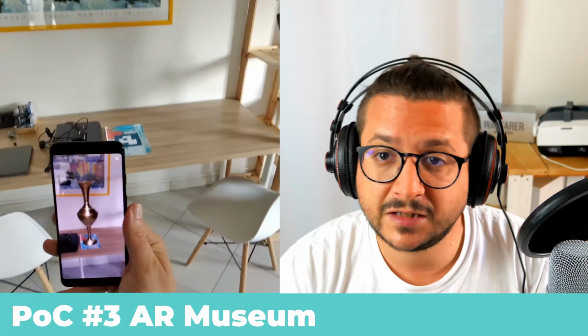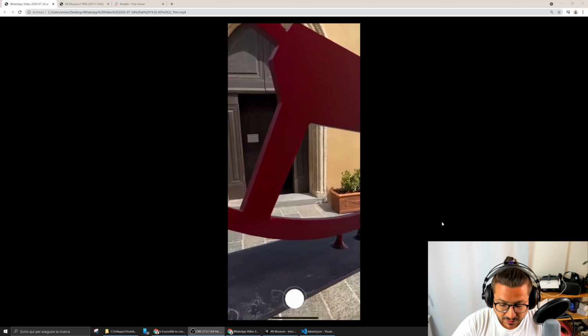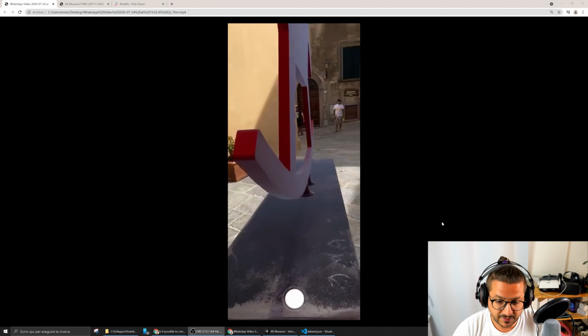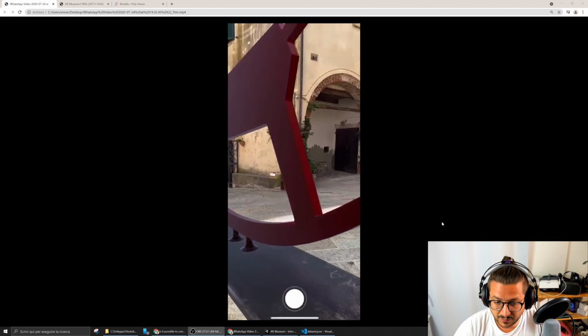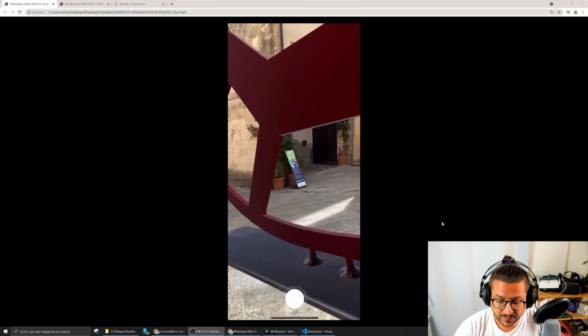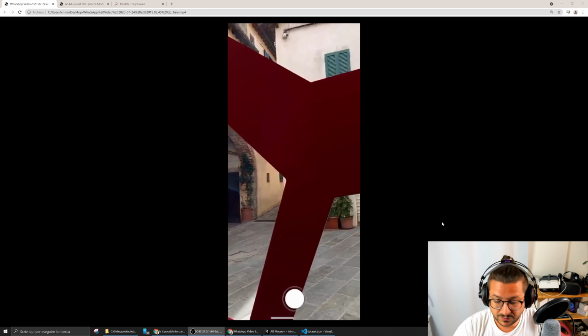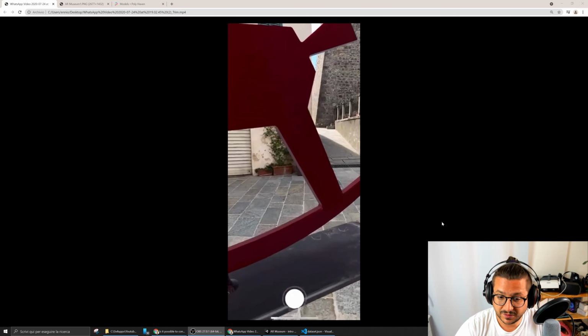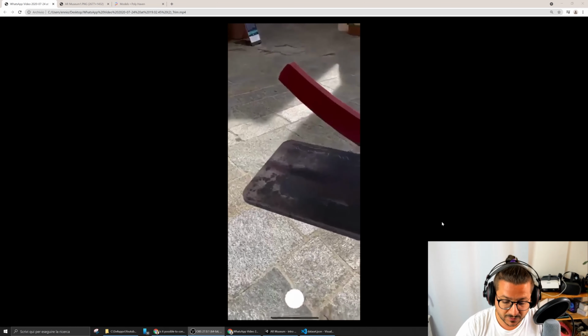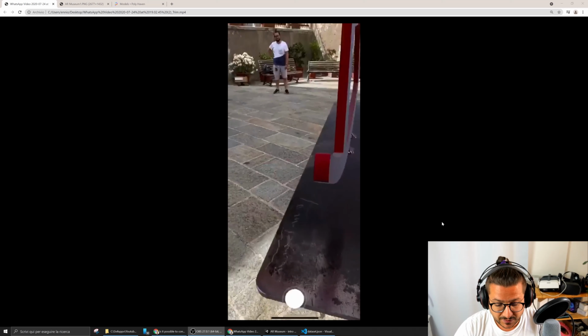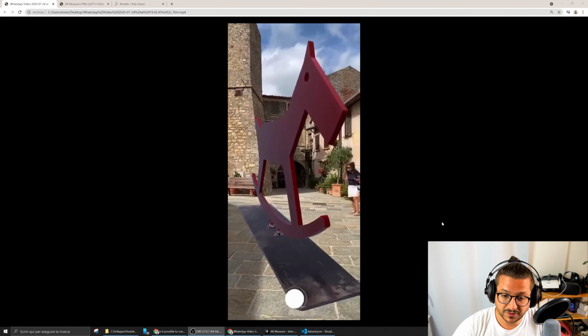So, one year ago, we were asked to find a solution for an art show in a small and beautiful town here in Italy. The problem was that with the pandemic, all indoor activities were forbidden, but the client wanted to organize, like all the years before, an art show for the city. The solution we found was to create an augmented reality widespread museum using a Unity application, a series of markers placed around the city, and